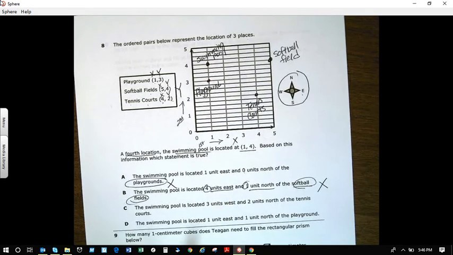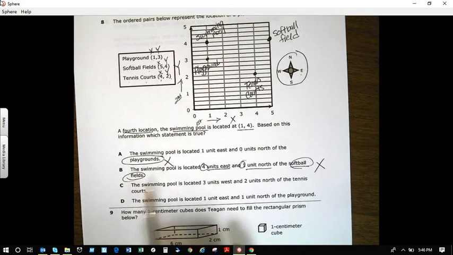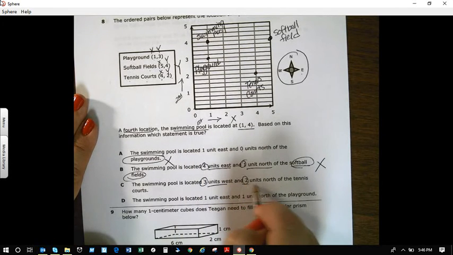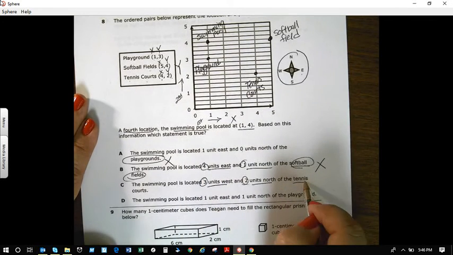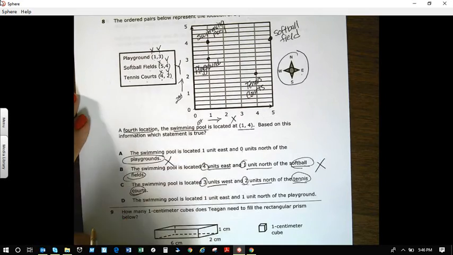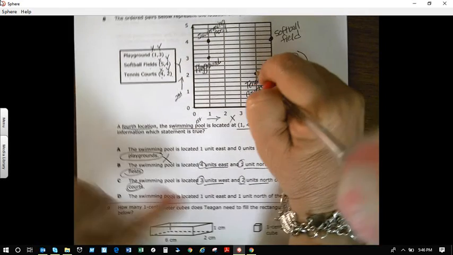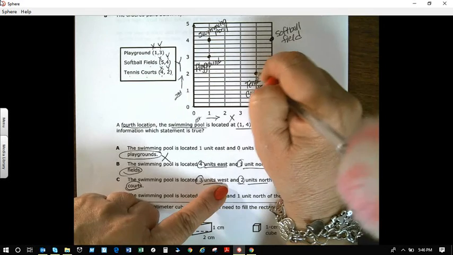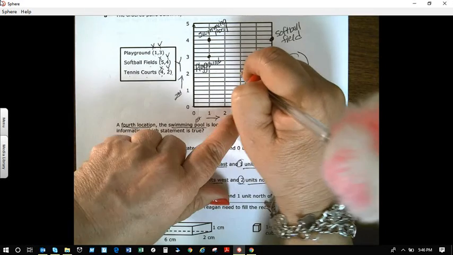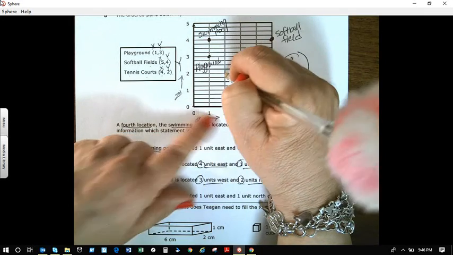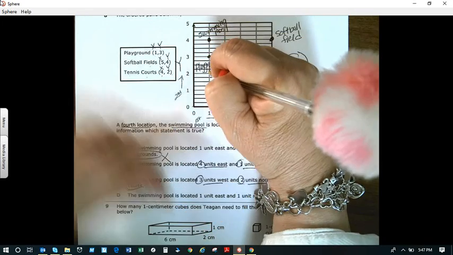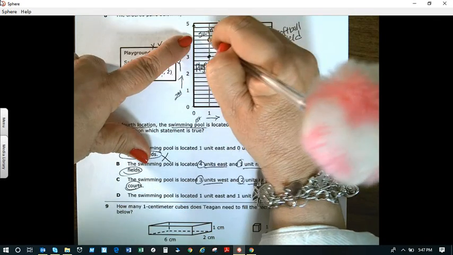All right, letter C. The swimming pool is located 3 units west and 2 units north of the tennis courts. All right, so I need to go to the tennis courts right here. And I'm going to go 3 units west. West, I'm going to go to the left. So this is 1 unit, 2 units, 3 units. And I'm going to go 2 units north where I'm going up. 1 unit, 2 units. Oh my gosh,